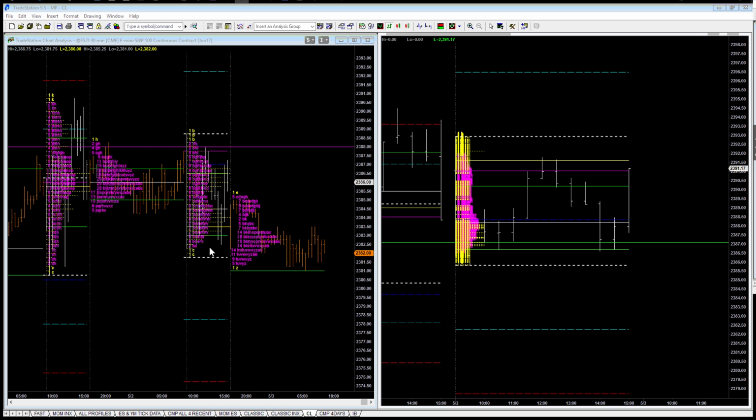Now, that of course could change if we were running into a very strong area of support, so we'll be in need of looking at that. But the first clue is to look at where the close was and how much time we spent either above or below the close. And in this case, it was all below. Now, that having been said, we also look at the pattern here. If we just use this as we have it right now, we've got just a little bit of an extension to the low side as well as to the high side. But what's troublesome about this,